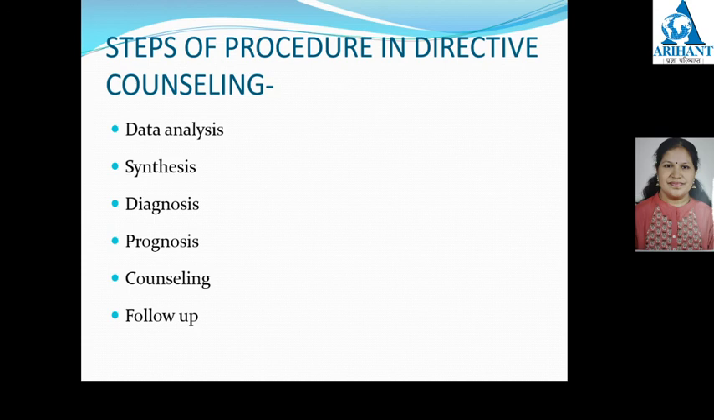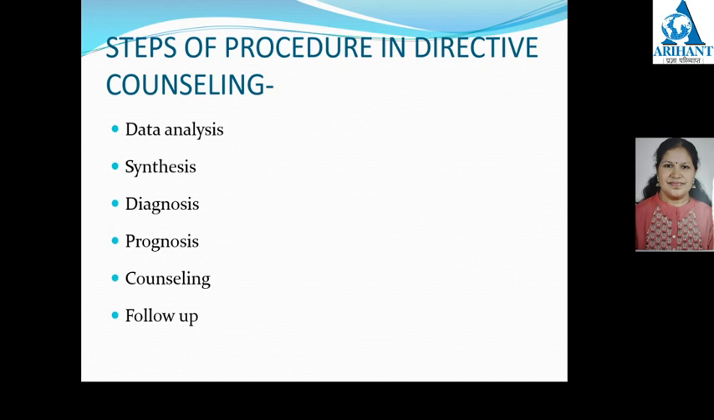Prognosis. Here, tentative answer or tentative solution of the process will be decided. Then main part is counseling. In this stage, the counselor will interact with the counselee. He will give information. He will suggest various options. He will give various choices. He will explain the advantages, disadvantages, everything to the counselee. So actual counseling process will be done in this stage,